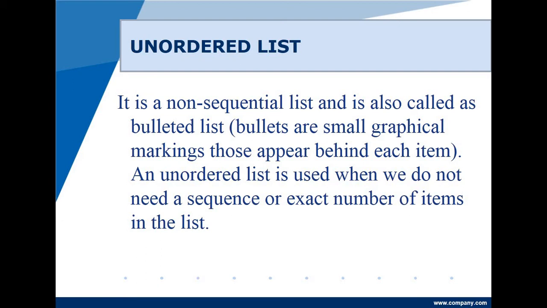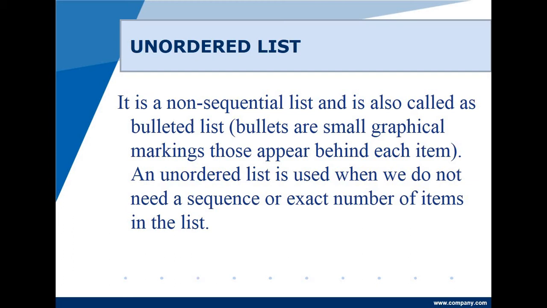An unordered list is used when we do not need a sequence or exact number of items. By sequence we mean here when we need not mark each option with 1, 2, 3, 4 or in any sequence like ABCD. We can mark each option with any symbol. In such a case we can use unordered listing to mark each line with symbols, wherein you don't want any sequence. So let us check out what options we have under unordered list.